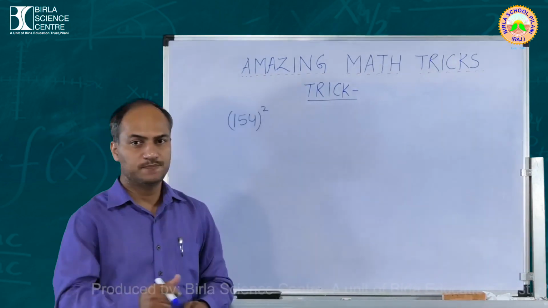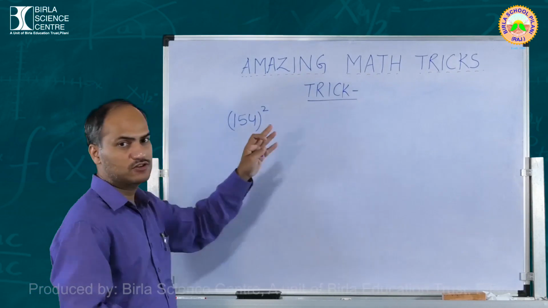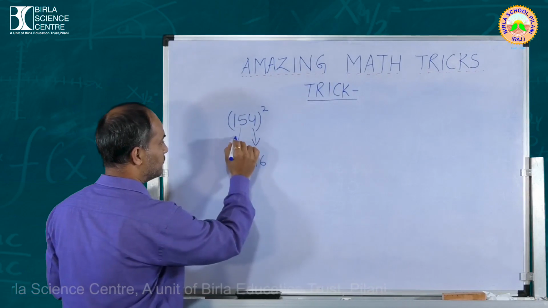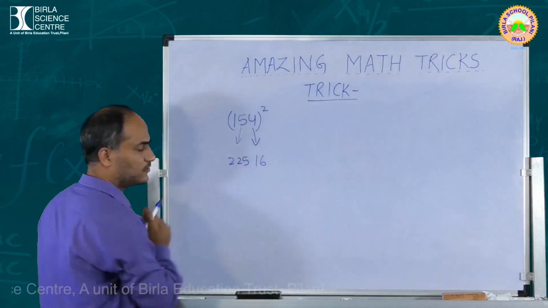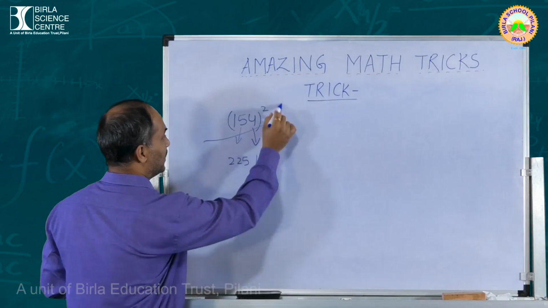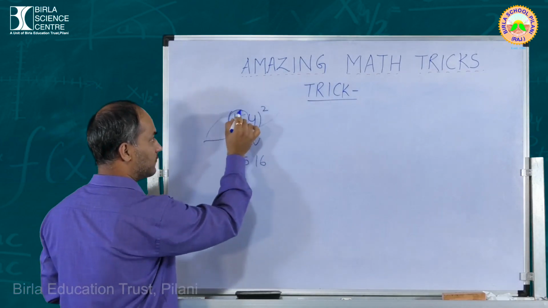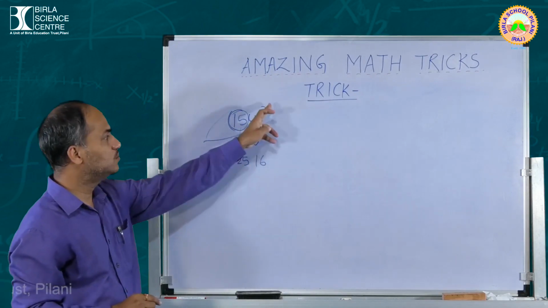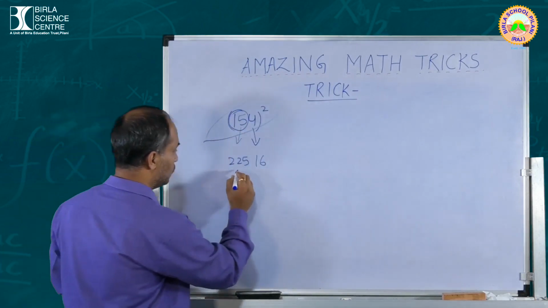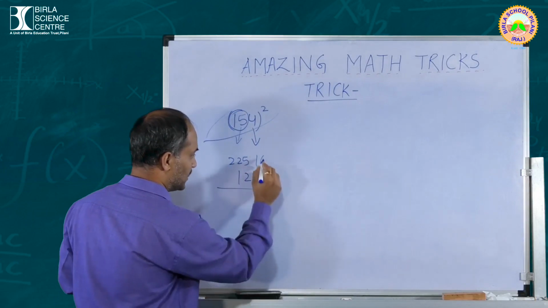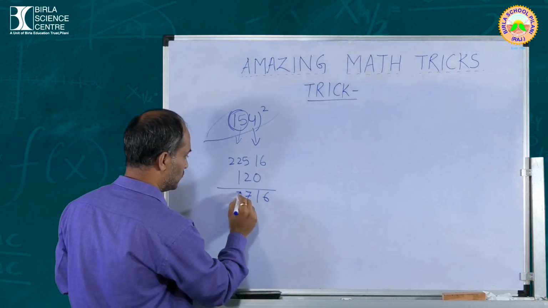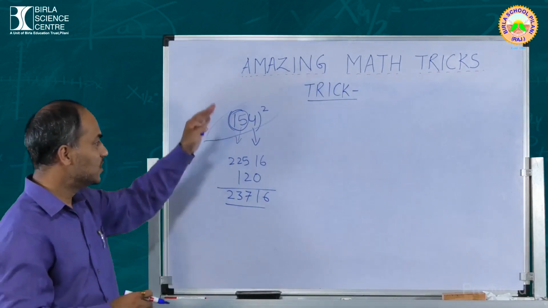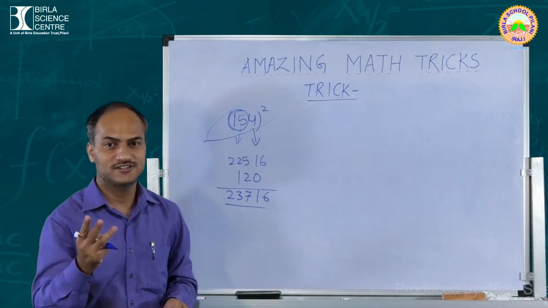Okay guys. Suppose we find the square of this number. So quickly do. 4 square 16. 15 square is 225. Okay. Now multiply these numbers. So remember this we have to count as one number. So 15 4s are 60, 60 2s are 120. So 120 will come here. Let us add 6, 1, 7, 3 and 2. This is your answer. Okay, when you practice, you can do it in just 3 seconds.